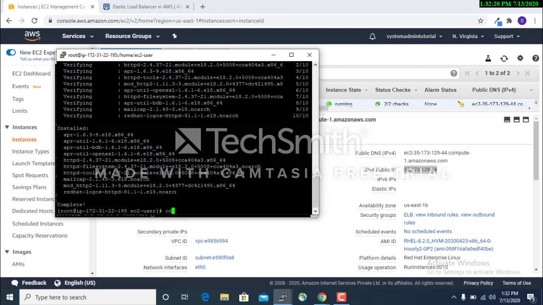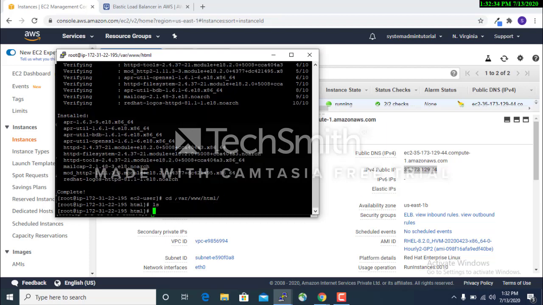Now we have to follow the same steps we did in server 1. Go to the directory /var/www/html and list the files. There is no file there, so we have to create a new file by using the vi command. Vi index.html.